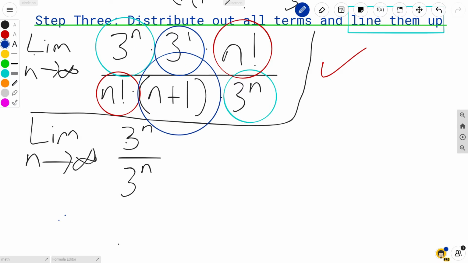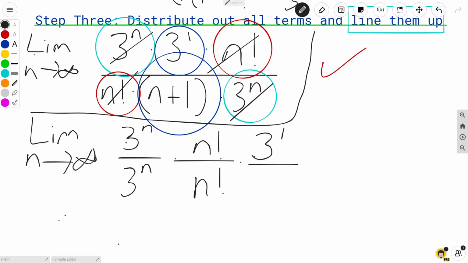So 3 of n times, the next terms are the n factorials. N factorial, make sure that's divided by n factorial times, so we got these down, and what's left is 3 raised to the 1 power times n divided by n plus 1. Whenever we simplify this, because now we can simplify this, 3 of n cancels, n factorial cancels, and we're